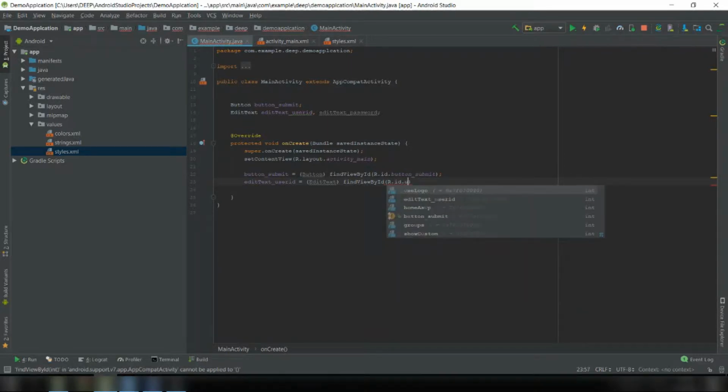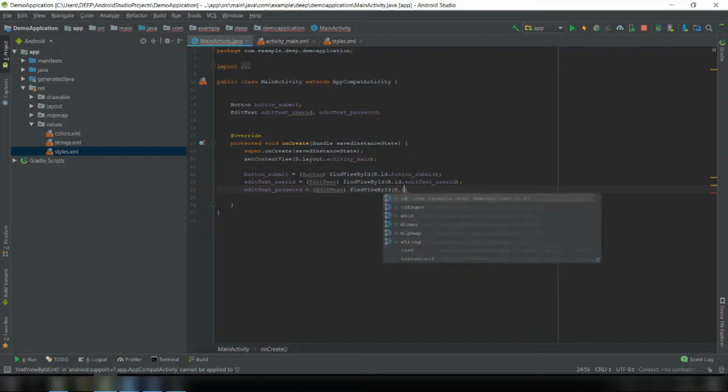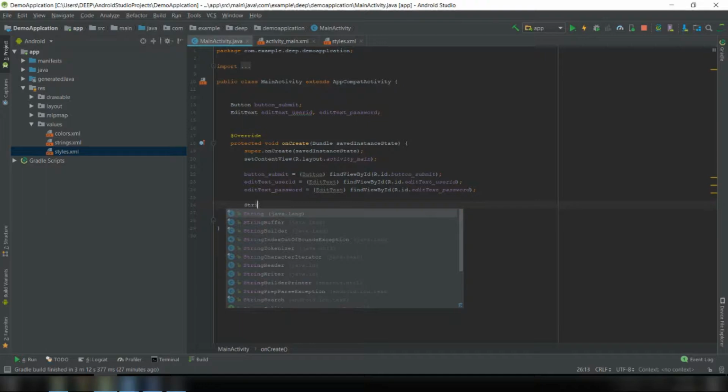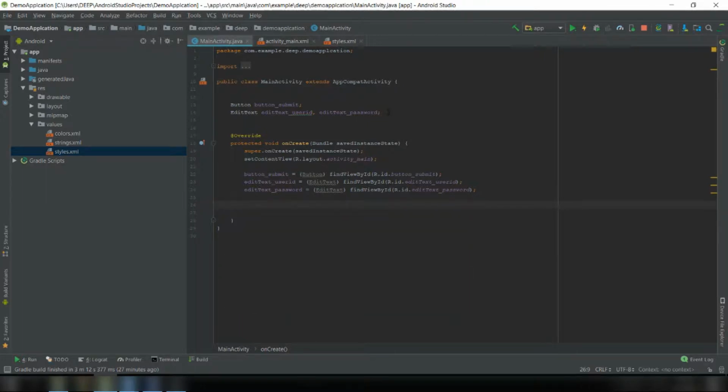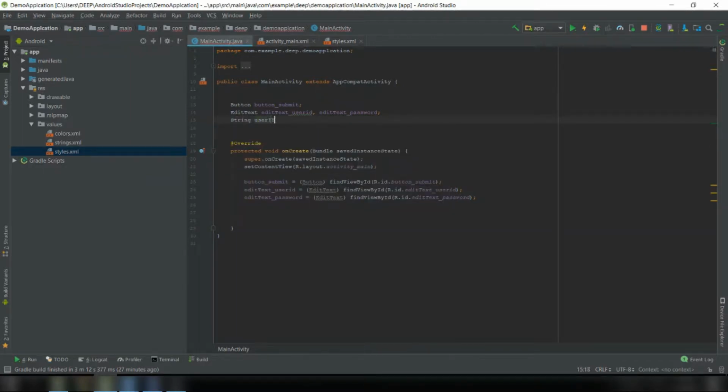R.id dot user ID, and it shows the ID for the control. Now we need string values. Let's make the string values global. And string user ID,